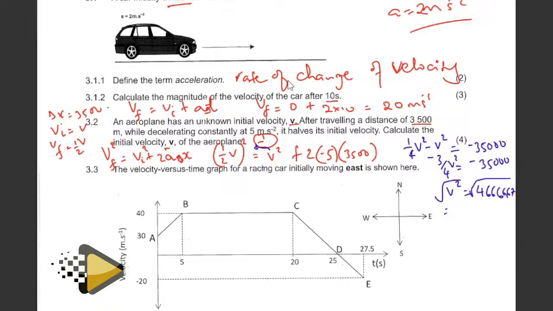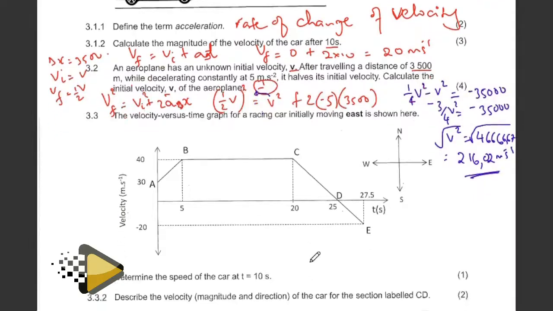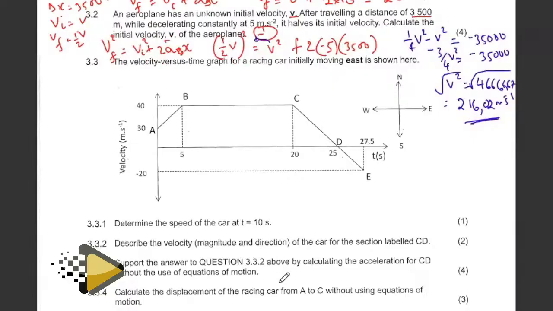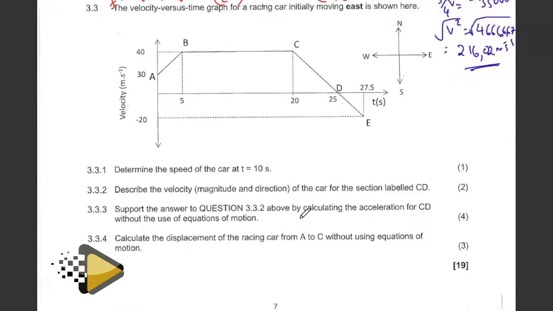Okay, so the square root of my answer, I'm getting 216.02 meters per second. So 216.02 meters per second. All right, then 3.3. Velocity versus time graph for a racing car initially moving east